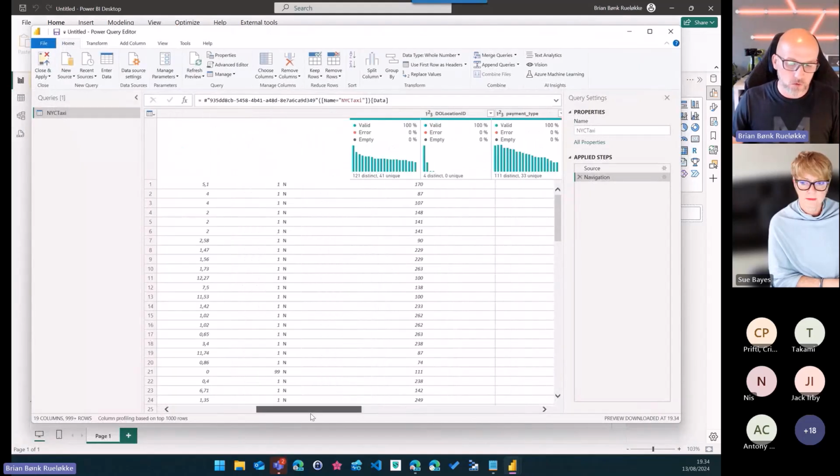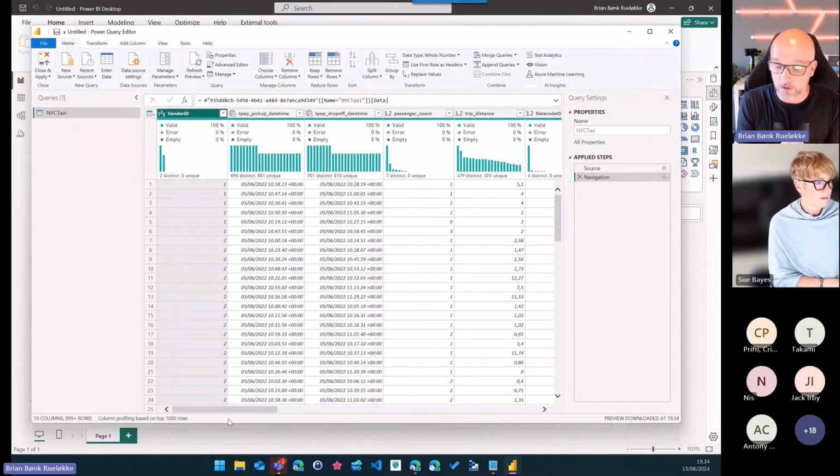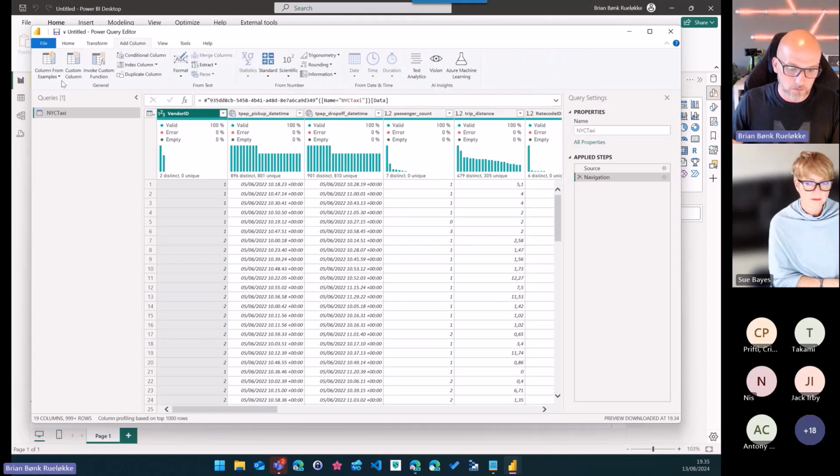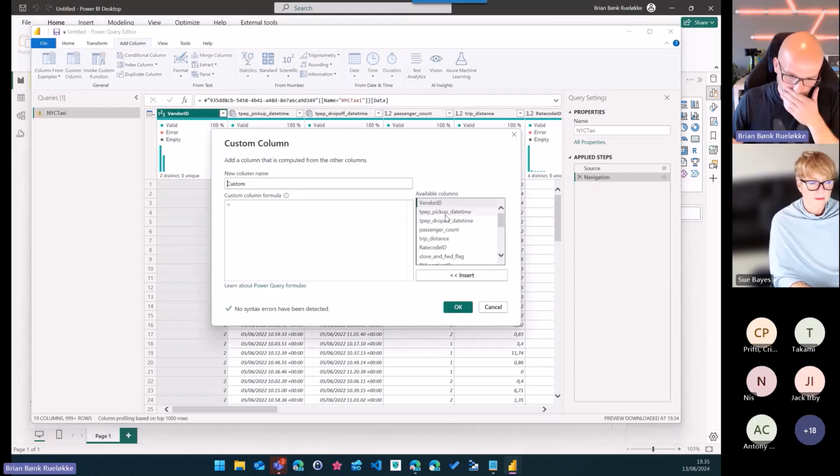And in order to show you how to learn the KQL language, when I am in direct query mode, perhaps you know that I can always view the native query. Well, that is also the situation when I'm using Kusto, because I can just transform, add a column, a custom column. And I want this to be the year of pickup date.